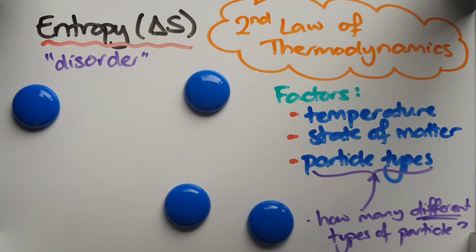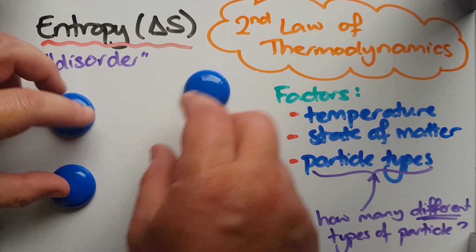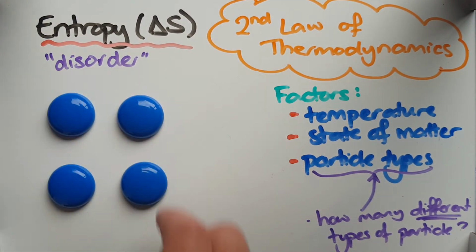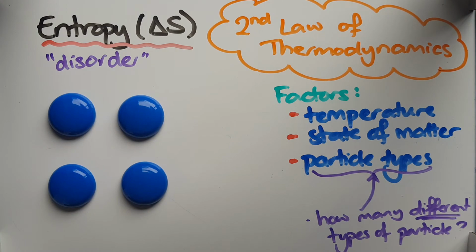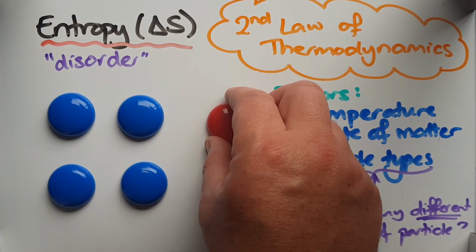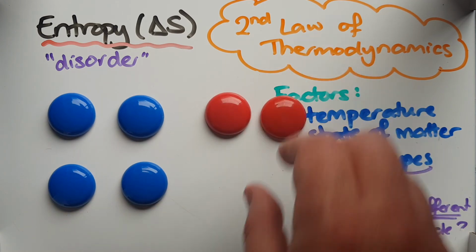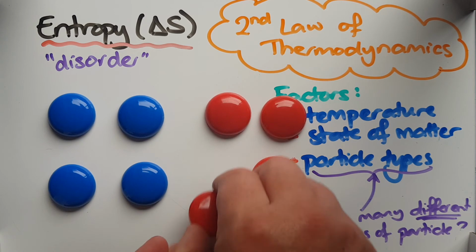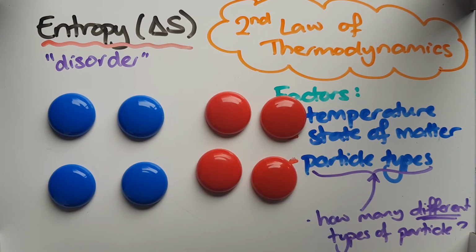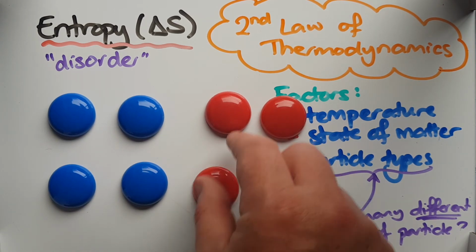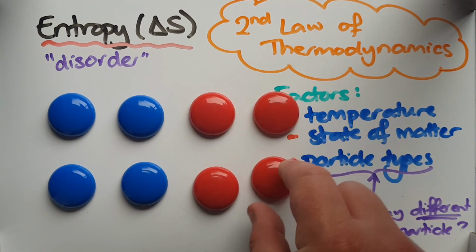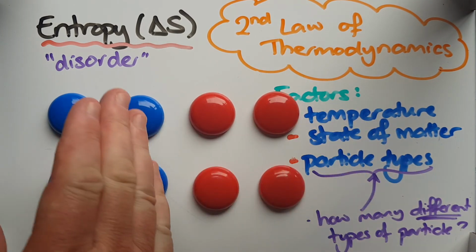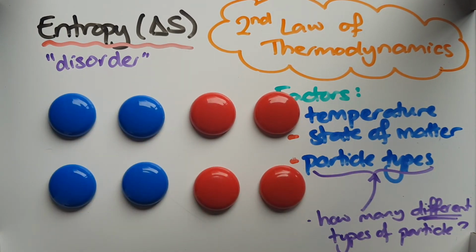The last of these is particle type. So if I reorganize my particles a little bit, and then what I do is I have another one over here, another substance over here. I'm sorry, I'm going to go over my things. You could argue that these have got the same level of disorder. And they would. They're meant to be the same distance apart, sorry, just not quite perfect. Okay, so you could argue that the blue and the red have got the same level of entropy.